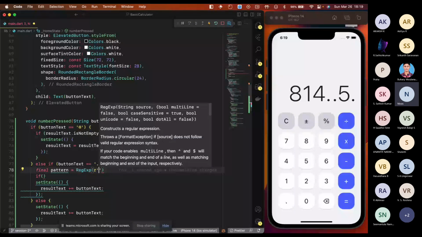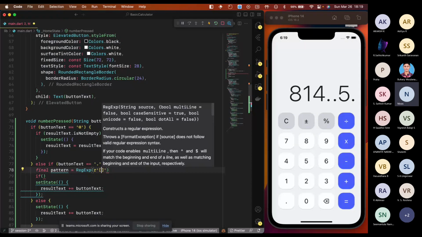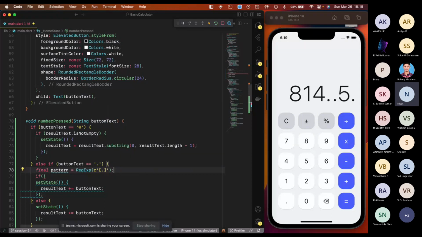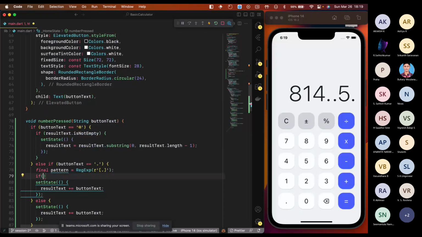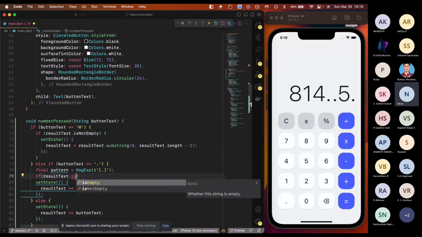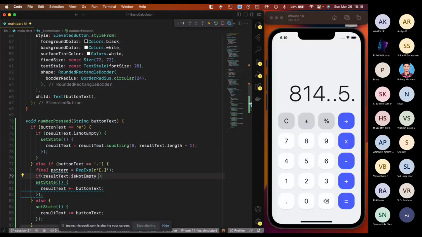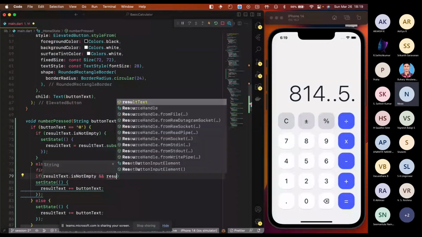So I'm going to specify dot and say if result text is not empty and result text